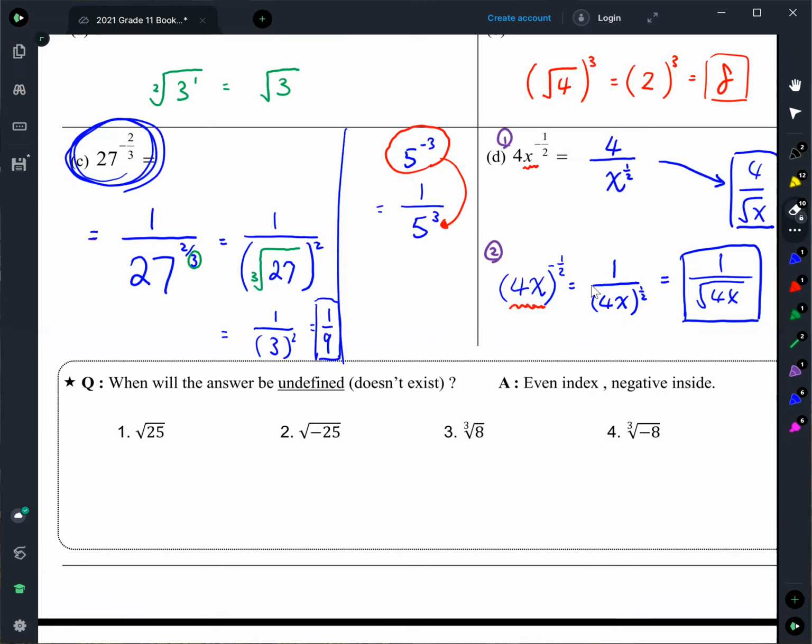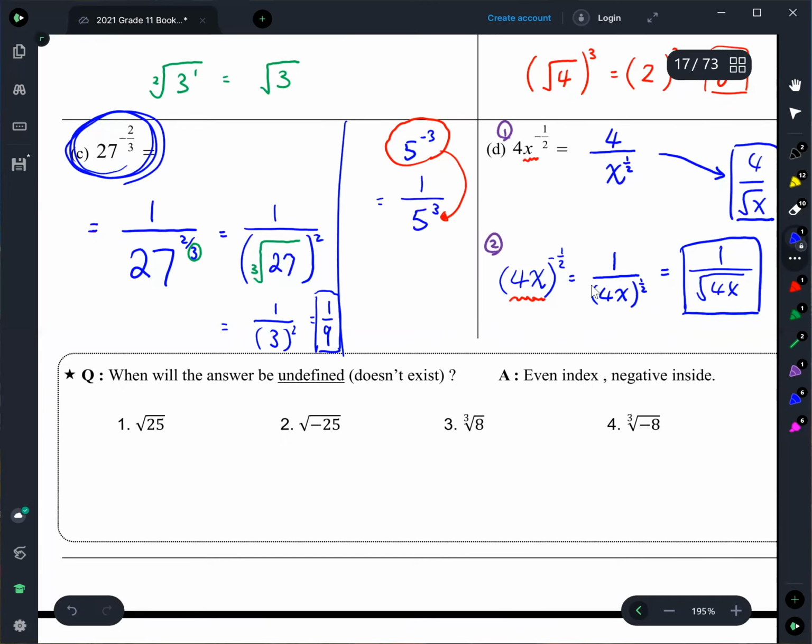So let's look at one by one, okay? So for the first one, that one of course is a square root of 25. So Isabella, what's the answer for square root of 25? 5 to the 1/2. Yeah, same as 5 to the 1/2. And if I want to find the answer for it,